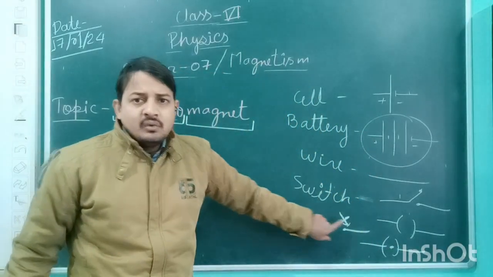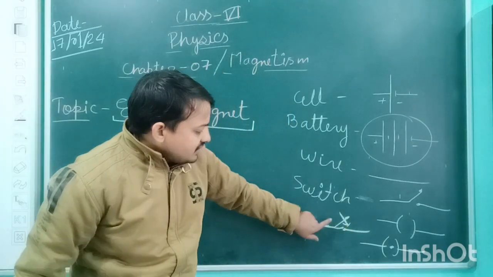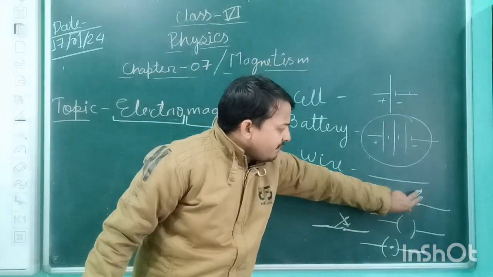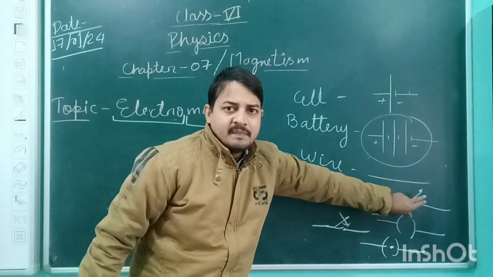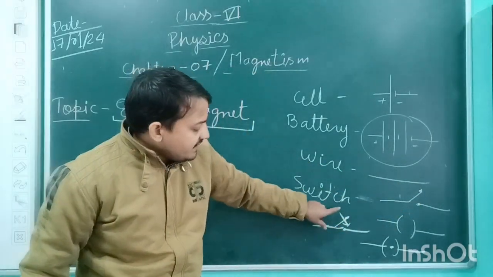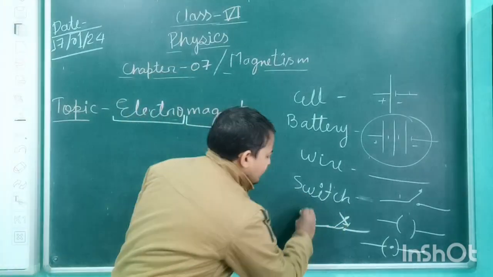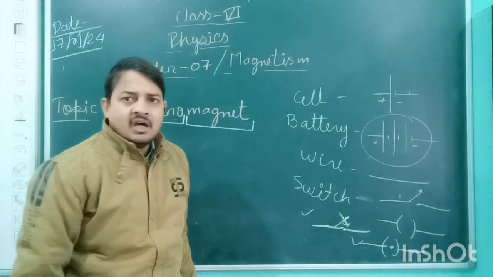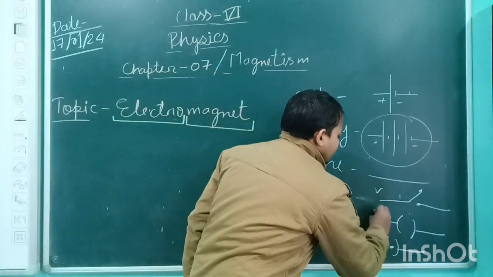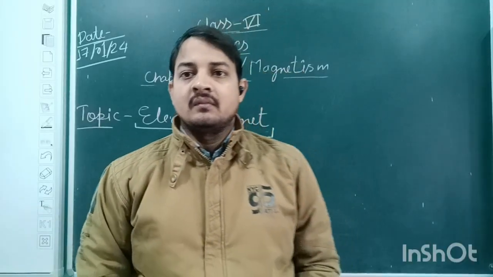Okay, so these are the two different ways to represent the closed switch. Now see what happens. Earlier this path was open. But if I have to make it on, what will happen? I have to simply place this switch at this position. So these two ways are representing the on switch, and these two ways are used to represent the off switch.